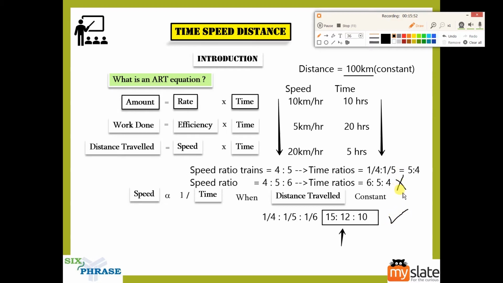This is one thing I often see people making mistakes on. So make sure that when there are two things in the ratio, then you can directly interchange it, no problem. But when it is more than two, like 3, 4, 5, you will have to do it using this method. Okay, right.